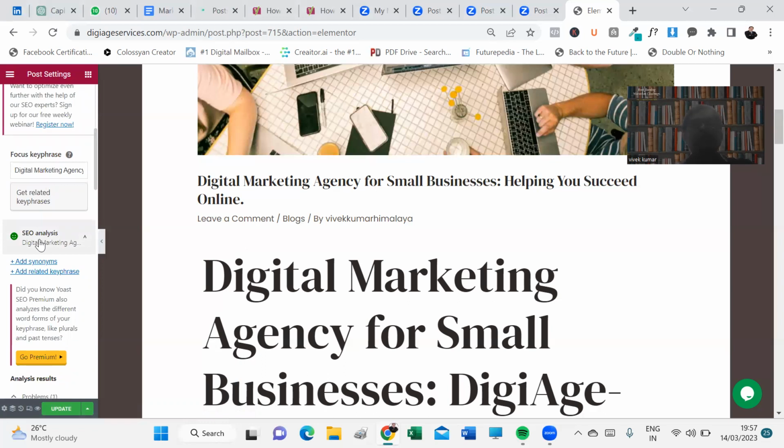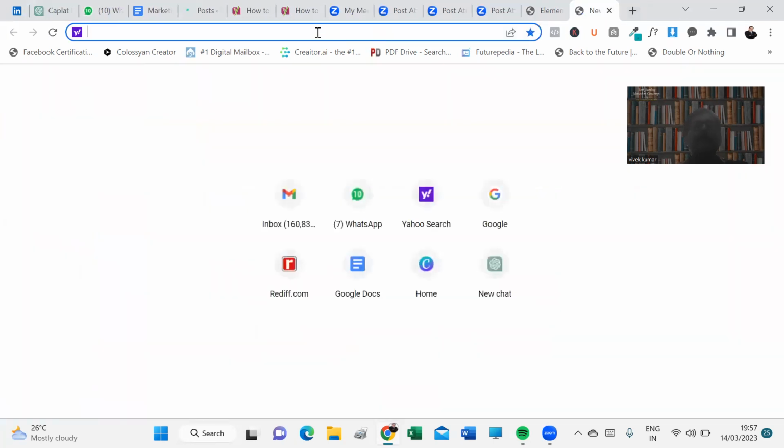The first thing we'll talk about is the title tag. The title tag is one of the most important on-page SEO factors, as it tells both the users and the search engines what your page is about. The title tag of the SEO should be between 50 to 60 characters in length. Like, if I go to Google and